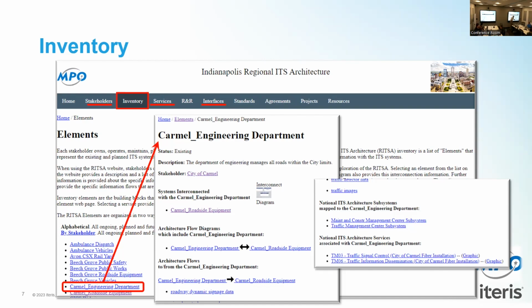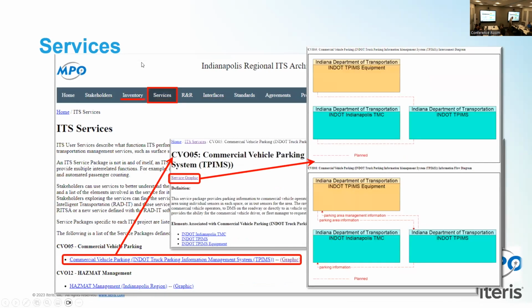In addition, the services that the inventory element is involved in are identified at the bottom of the list. Clicking any one of those links will take you to further definition of the parts of the architecture involved. Then on the services tab,